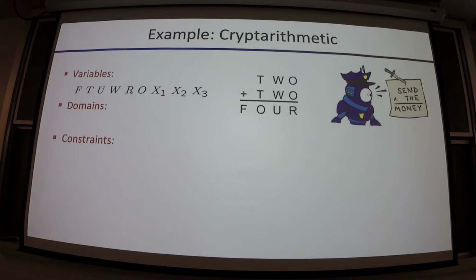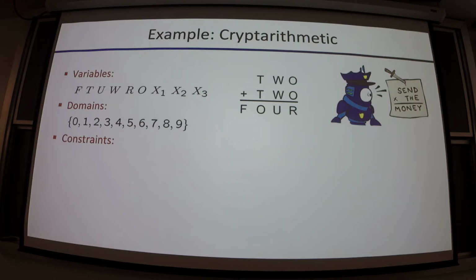Yes? A 1 through 10 value? Or 0 through 9? Let's say 0 through 9, there's 10 of them, right? And we could say that that's true for all of them, but we could actually have a restricted domain for the x's. We could say they're 0 or 1, right? Because no two values are going to add up to something 20 or more, right? But yeah, so that's our domain, right?